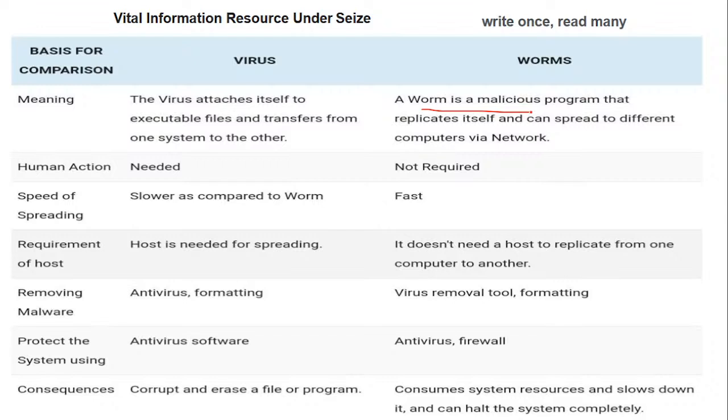to another computer. And how it can affect the computer: it can slow down the computer, or it can completely stop the computer. So the difference between both of them is that both are a part of malicious programs. Only one requires an interface and the other spreads on its own. That is the only difference which you have to keep in mind.